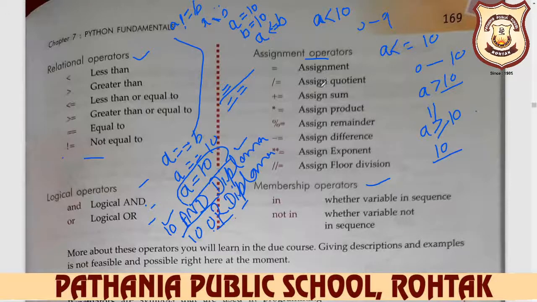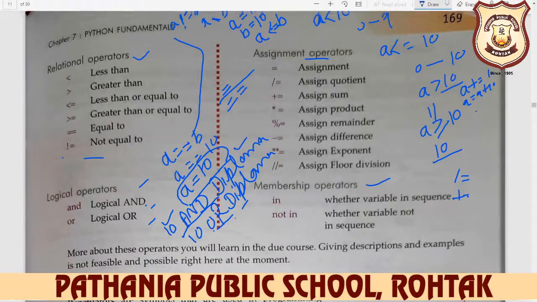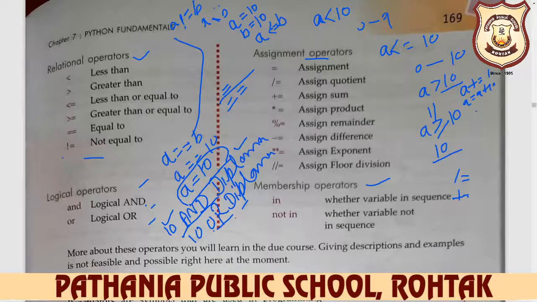Assignment operator: assignment operator equal to, and your assignment operators like plus sign equal to. For example, we write a plus is equal to 10. So it means a is equal to a plus 10. But one by one we will learn in coming lectures or coming chapters. So here we just learn these operators we use in the Python language. In the assignment operator we use all the arithmetic operators with the equal sign. So the assignment operator is used to assign the value to a particular variable.